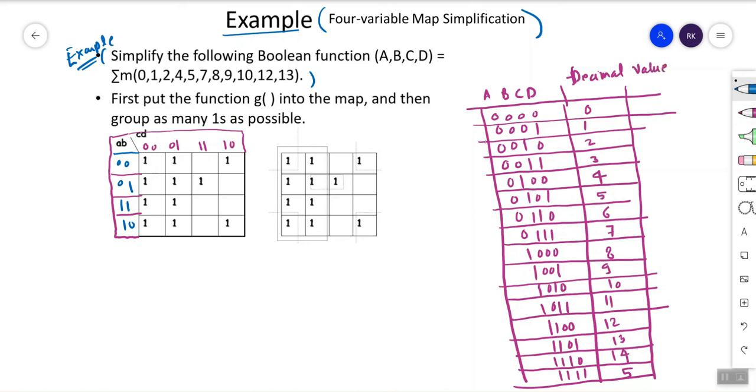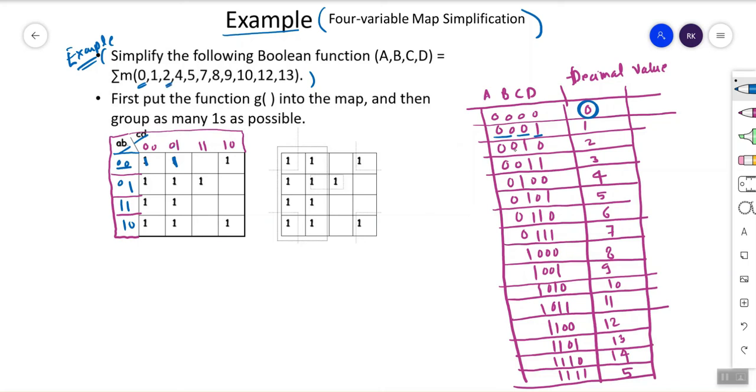Now in the question we have to mention 0. So 0 is this one, and we have to think where 0 0 is. This is the a b c d part, the sequence a b c d. So for a b c d equal to 0 0 0 0, we write this one. Now we have to mention 1. So 0 0 0 1, you have to see 0 0 0 1, so here put 1. The same way you have to write 2 also.